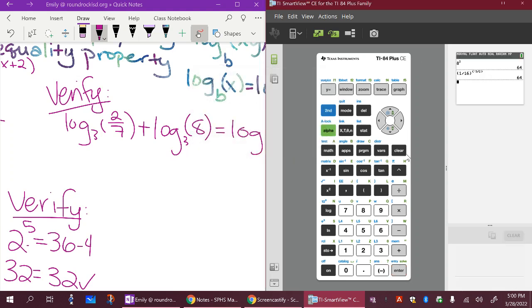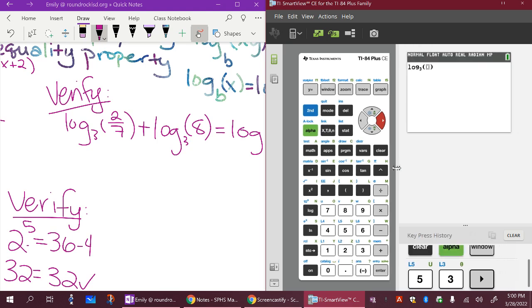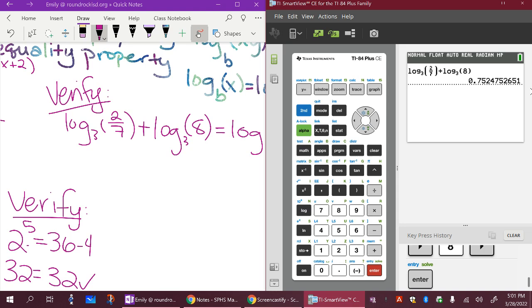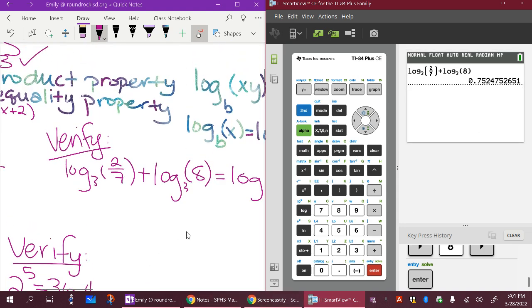I'm gonna clear all that out. Okay, so alpha window 5 to get the log with that base. Arrow over to the right to get out of that space. Of alpha y equals 2 over 7 plus alpha window 3 of 8, and that's this lovely decimal here,